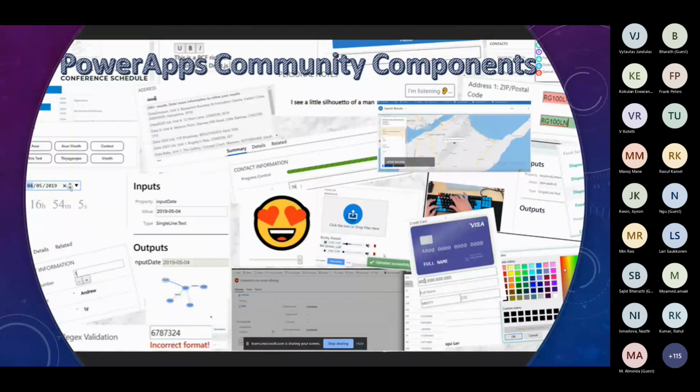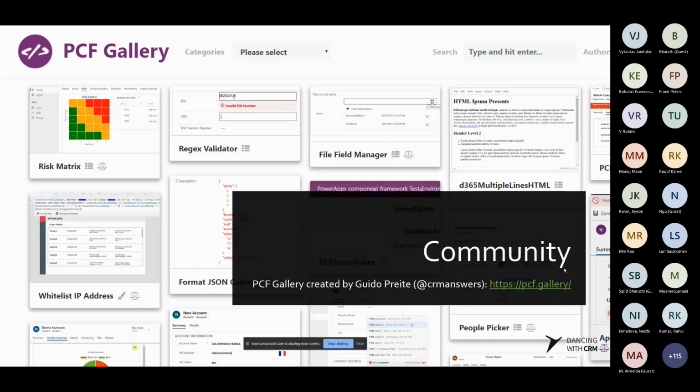Huge shout out to PCF Gallery by Guido, who's also a Microsoft MVP. This is your one-stop place to find all the PCF components you need. It's constantly updated, and it has tags showing if a control is supported in Power Pages as well, which is really